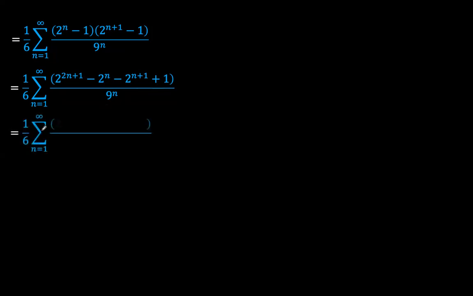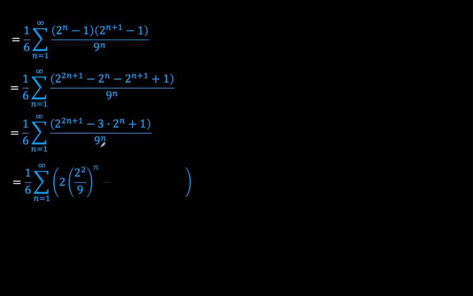And so pulling a 6th out, we have 2 to the power 2n plus 1 minus 3 times 2 to the power n, because this is twice 2 to the power n, and then we have plus 1 over 9 to the power n. So pulling a 6th out and dividing across by 9,